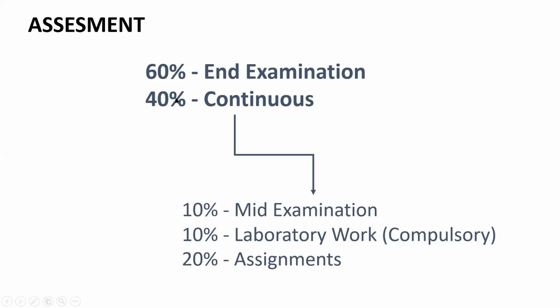And 60% of the things, so assessment is going to be a compulsory thing, and the things you learn will be assessed for your own betterment, so that you would get to know at which level you are, right? So how good you are, in other words. So the end examination would contribute 60% of the marks or grades, and 40% would be from continuous assessment, and that 40% would be again divided into mid examination, which is going to contribute 10%, and